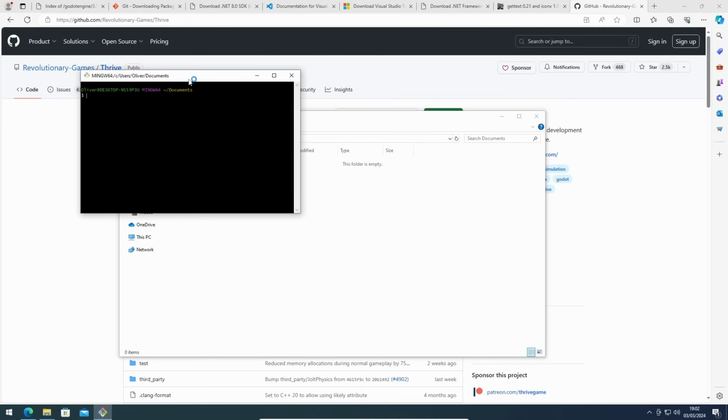So I'll open Git Bash and then do git clone. And now, very important, you need to include the recursive keyword because the Thrive repo has a couple of submodules included with it. And without this recursive keyword, it will not clone those submodules as well. So yeah, make sure you include that. And then paste in the link that we just copied. And run that to actually clone the code into the local repo. And that's going to take a while, so...